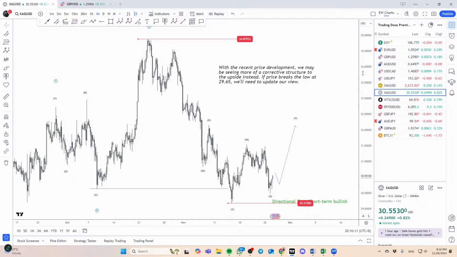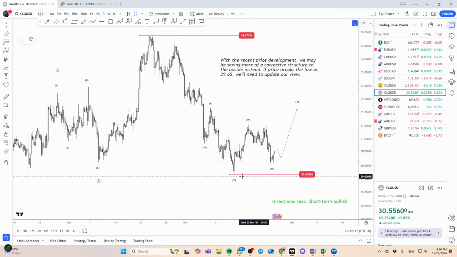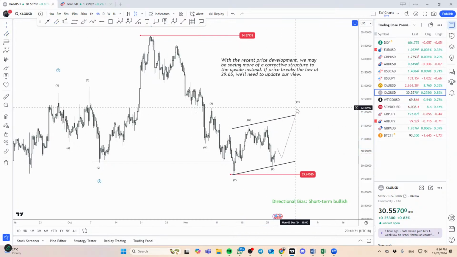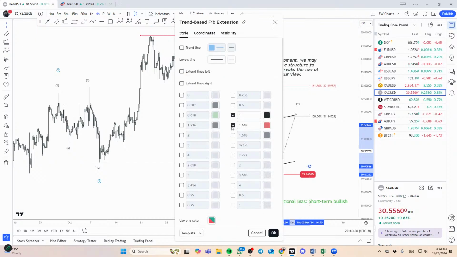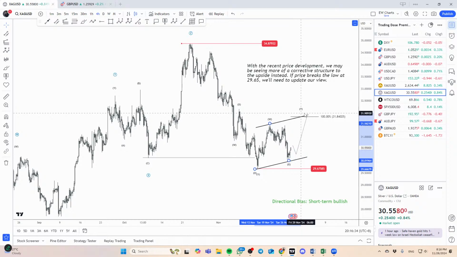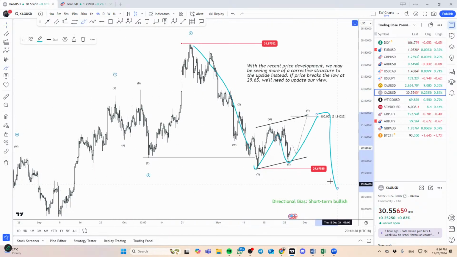Okay, silver here, I'm still expecting a little bit more upside, but of course initially we were expecting quite an aggressive move to the upside. Right now with that deep pullback, we may just be seeing some kind of short-term three-wave cycle. So that changed the structure a little bit because this would then be the major leg, 1, 2, 3. This can actually go down a little bit more, right?